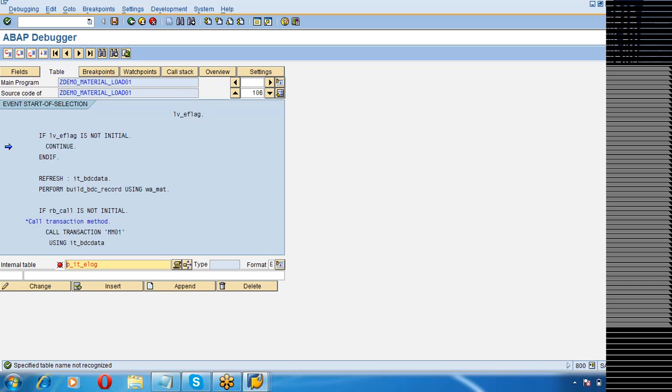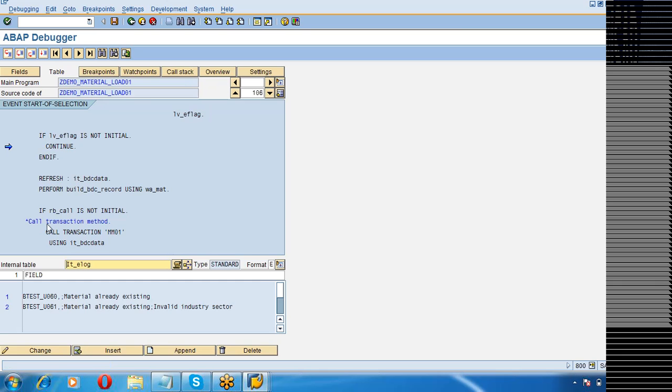Okay, once all these errors are identified and captured into the error log file and the error file, then we go for downloading of the errors. This is the standard process that is used for data migration programs. You can check any real-time program. The program should have capability to accept file from application and presentation. We have provided that. The program should do pre-validation. The program should do post-processing. The program should give multiple options to load the data. The program should be capable of running in foreground as well as in background. There are minimum requirements. Nobody is going to tell you that your conversion program should have all these things. As a good developer, you should ensure that these things are provided.